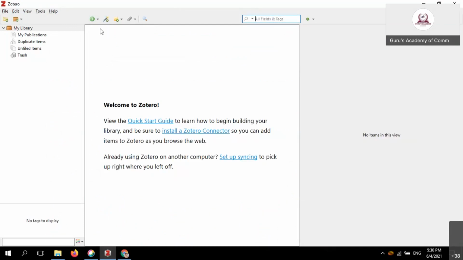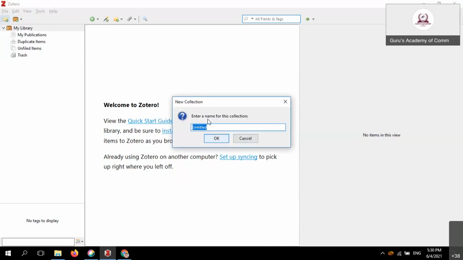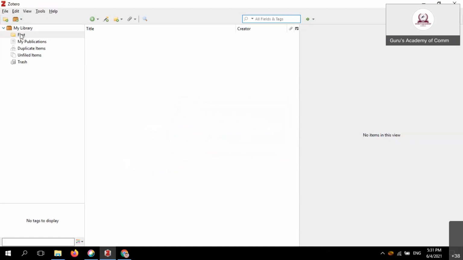Before going to add item, make it clear that you have given it a My Library identification. For example, now I give one collection, the first folder I will create. Why? So that it is not confused with another research area. For example, if you are doing n kinds of research articles, for example, one article on working capital, another article on marketing management, another on human resource aspects.